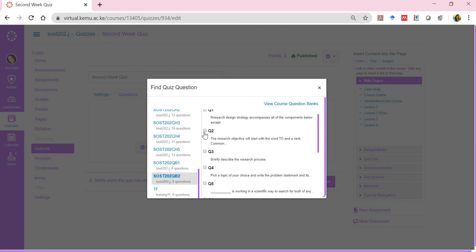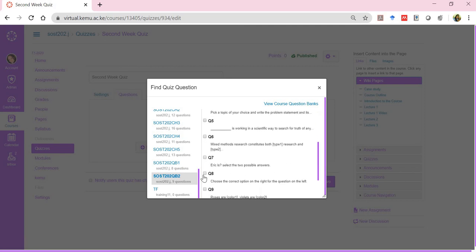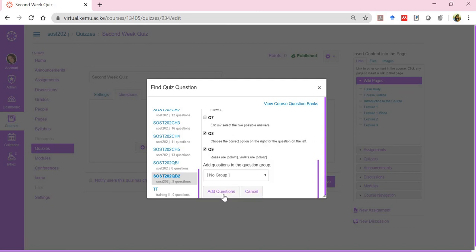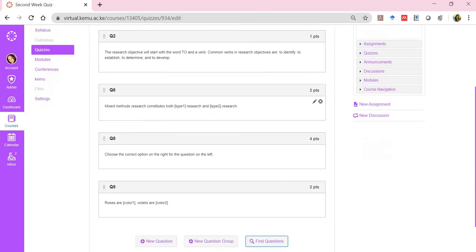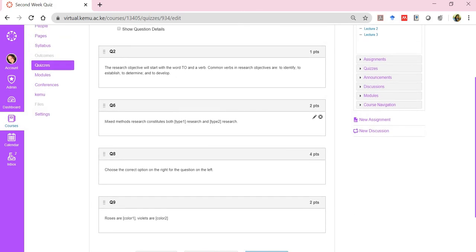So I can say I really wanted the student to do question 2. I wanted them to do question 8 and 9, maybe also question 6. So I wanted them to do that and click on add questions. And you'll notice that the points are also automatically picked as you set them. So this will be a quiz of